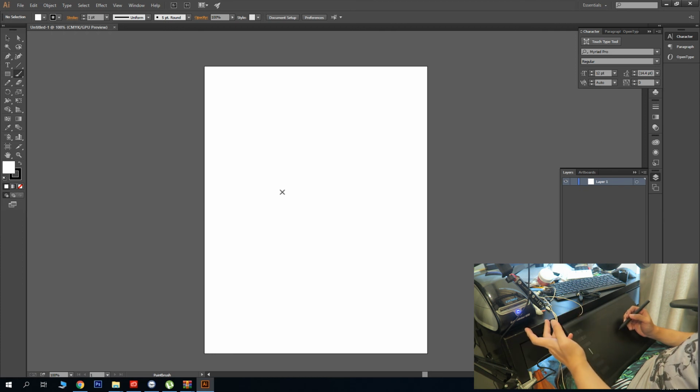Personally, I don't think I will go for anything smaller than this board which I have right now, because any smaller and I feel like I might have problems with smaller details. I probably have to zoom in or something. I'm not sure how to zoom in, but